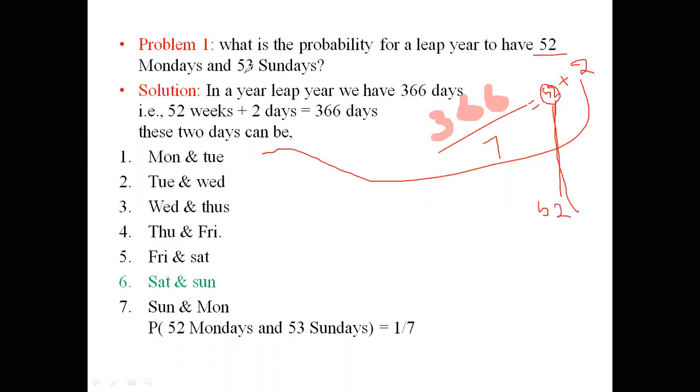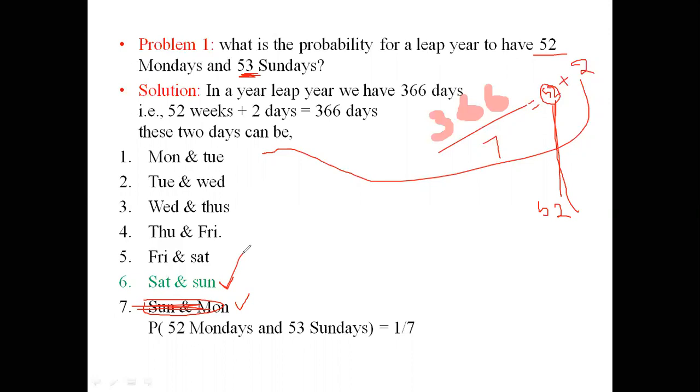And one more additional Sunday is required, because the question asks for 53 Sundays. Out of the 2 days, these are the 2 events which contain Sunday. But if we consider the case of Sunday and Monday, then the question becomes 53 Mondays and 53 Sundays. So this does not favor us. So this is the only situation where we are getting